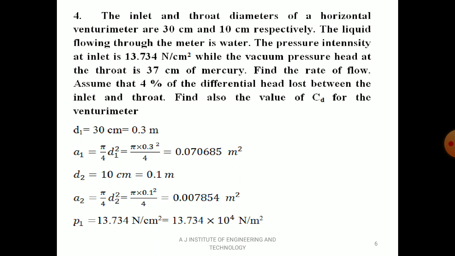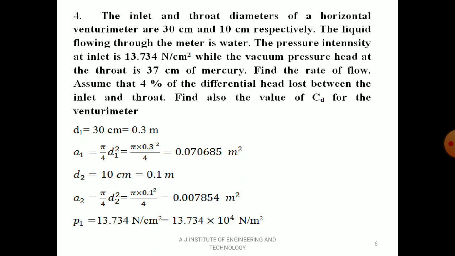So let me start with the solution. d1 equal to 30 centimeter, so that is equal to 0.3 meter. And a1, the cross sectional area, is equal to pi by 4 d1 squared, that is pi into 0.3 squared divided by 4, equal to 0.070685 meter square. Then d2 equal to 10 centimeter, given in the problem. Convert from centimeter to meter, so that is 0.1 meter. Then a2 equal to pi by 4 d2 squared, that is pi into 0.1 squared divided by 4, equal to